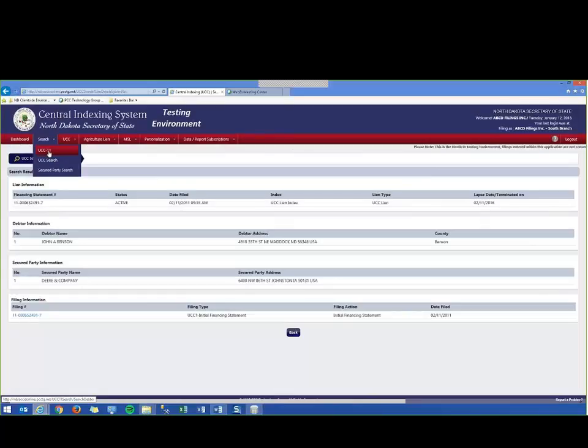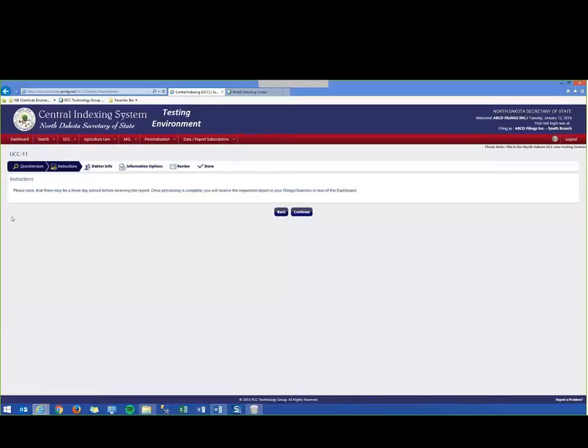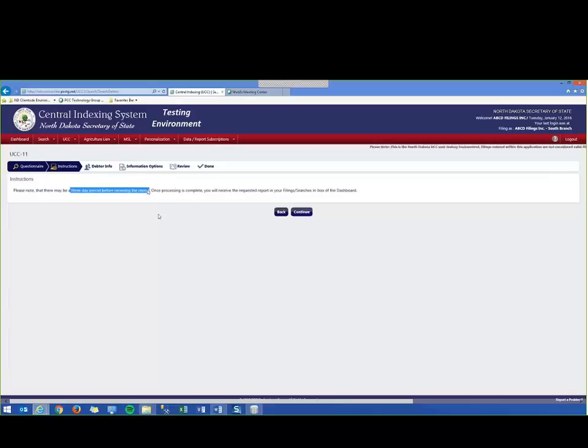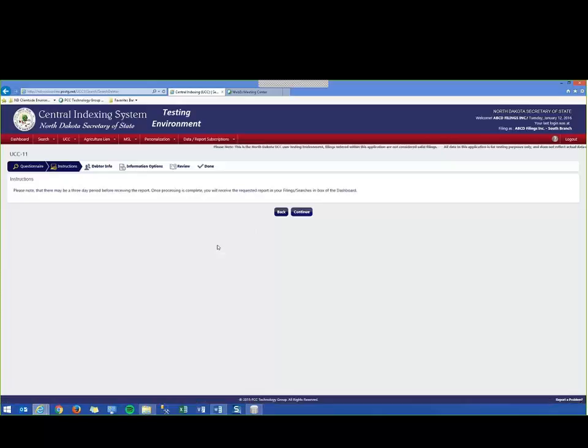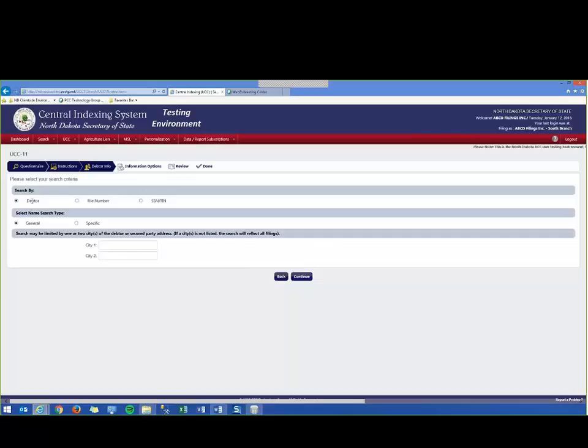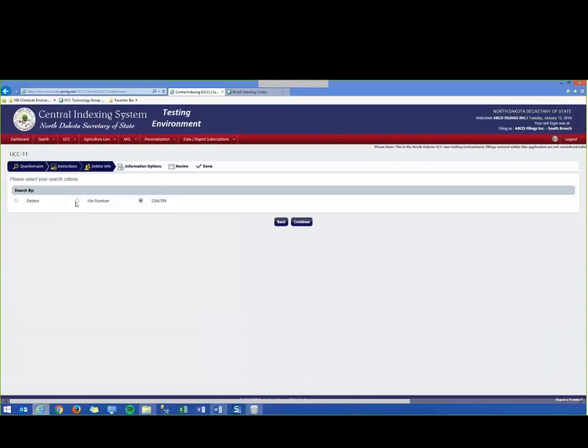UCC-11 searches may be performed by going to the UCC-11 item tab. There may be up to a 3-day period before receiving the report after processing it. Once you process it, you will have to wait, and when the report is ready, it will be deposited in your inbox, in the filing searches inbox, and you will receive an email alert saying that your report is ready. Here you would select the debtor, the file number or the SSN, how you want to search and refine this report,